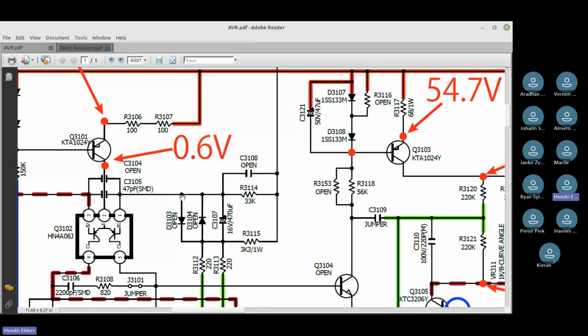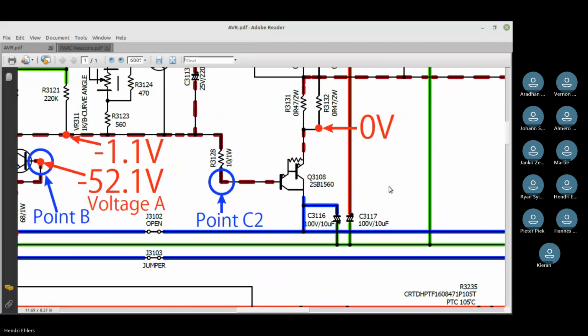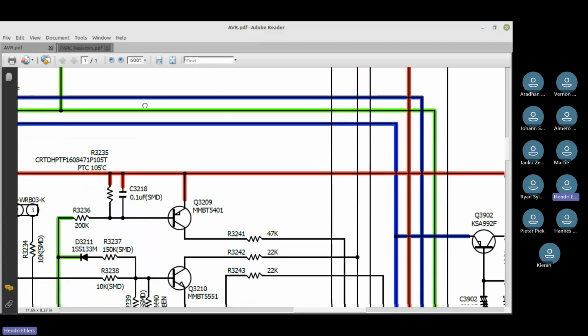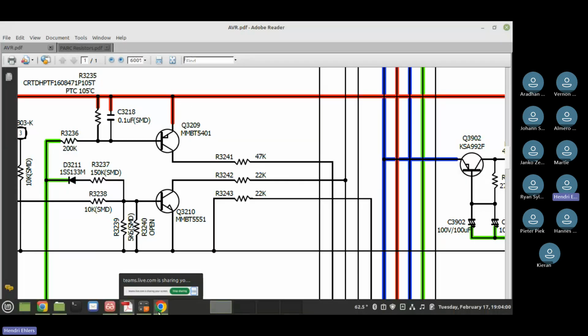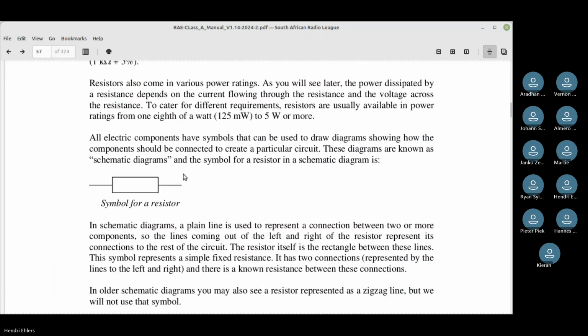Another thing before I forget, this is a point where the two join, and in some cases these will cross. I've seen some nice ones over here. That one crosses there without touching, but it joins over there, and that is how you draw it and how you know that this circuit goes through that resistor, which is marked 3242. That's the position number. The value is 22K. Right, back to the book.